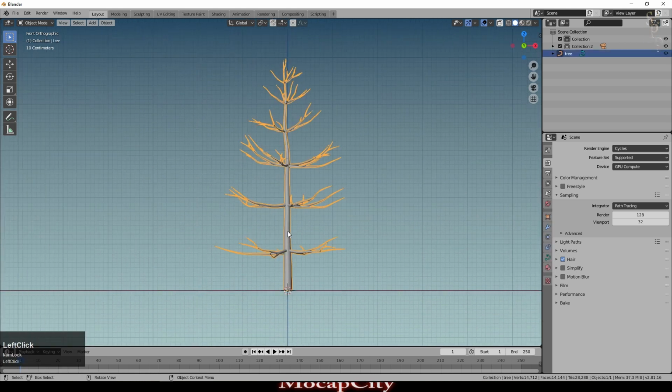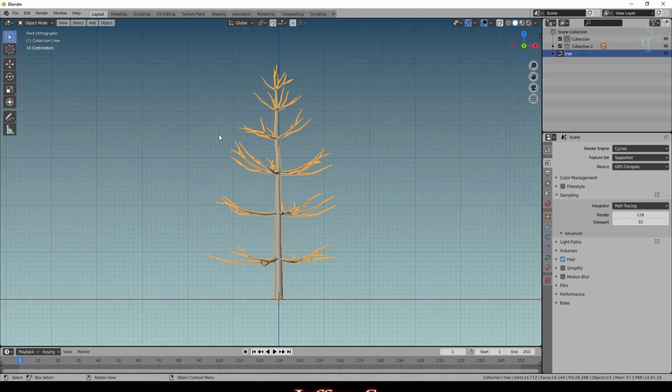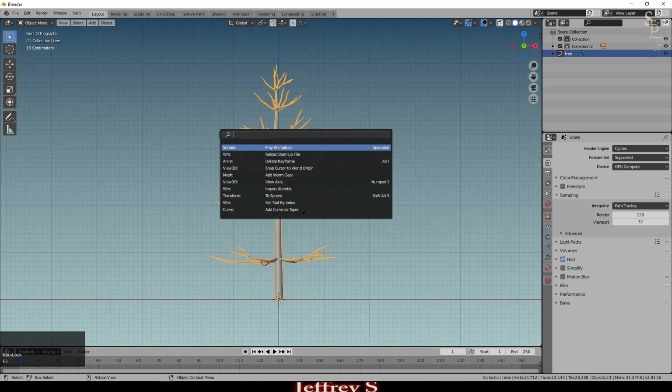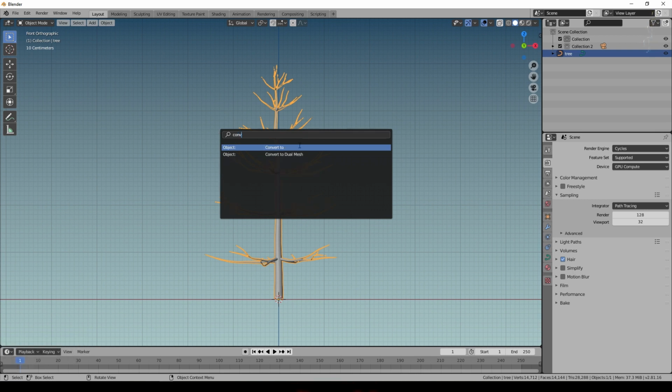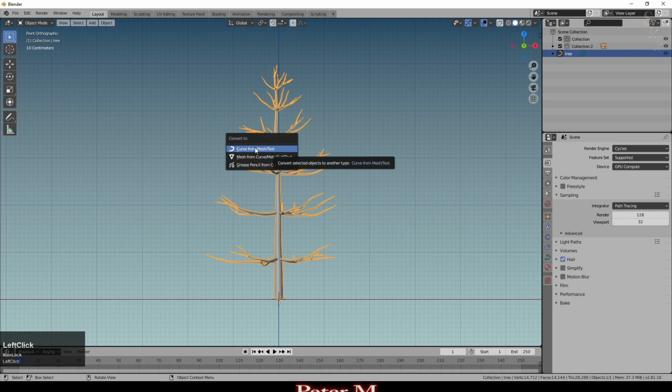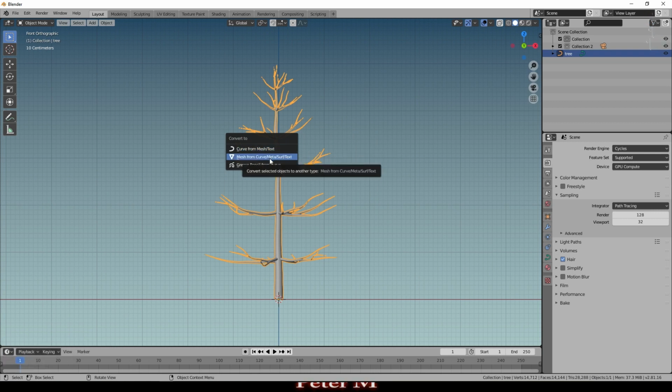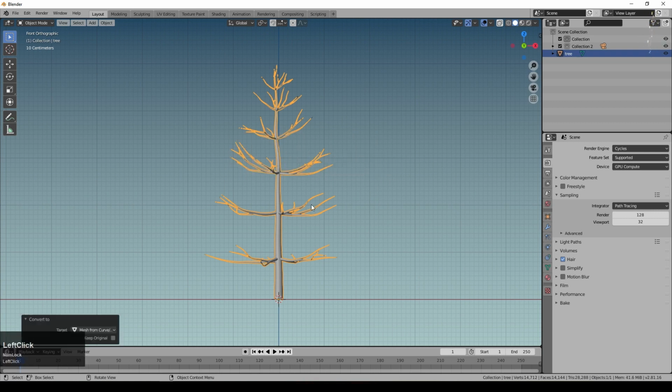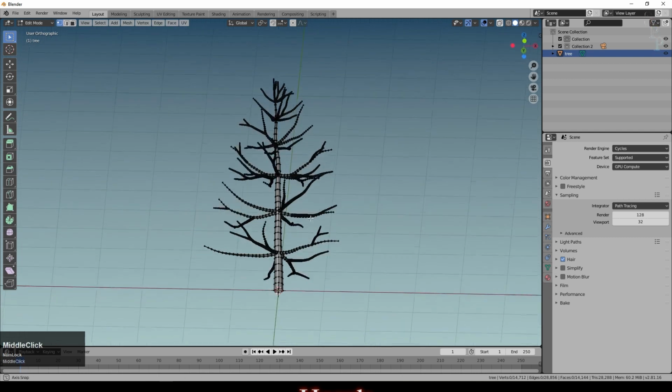Having created the tree, we can't add an ivy to a curve. We need to be able to add it to a mesh. So press F3 and just start typing convert, and you can see we get object convert to, and we just select that and we'll say convert to mesh from curve. So you shouldn't see any difference, except when you go into edit mode, you can see this is now a